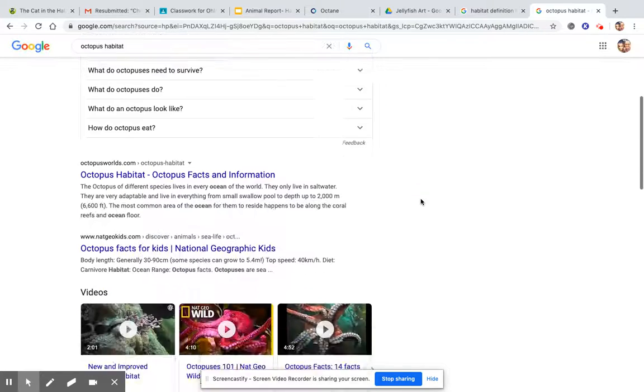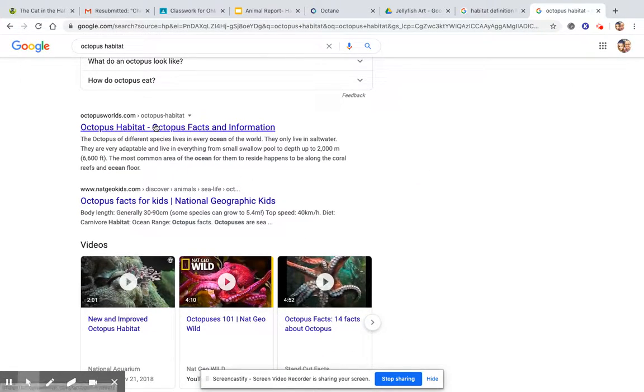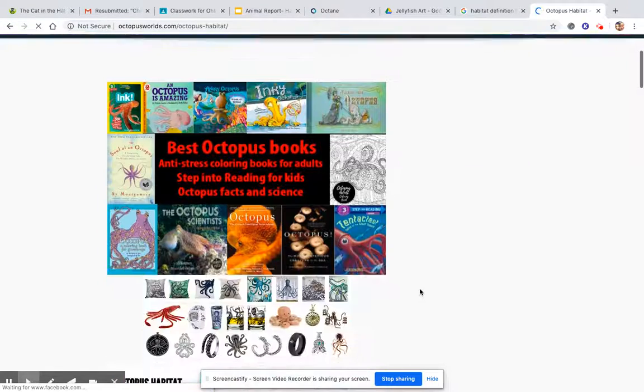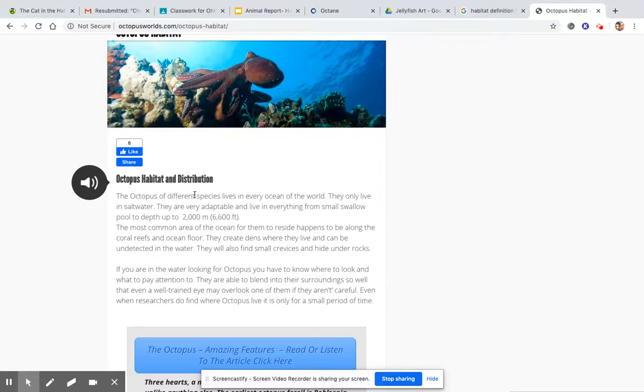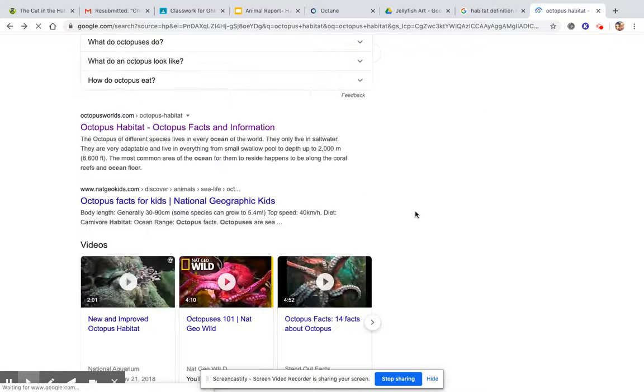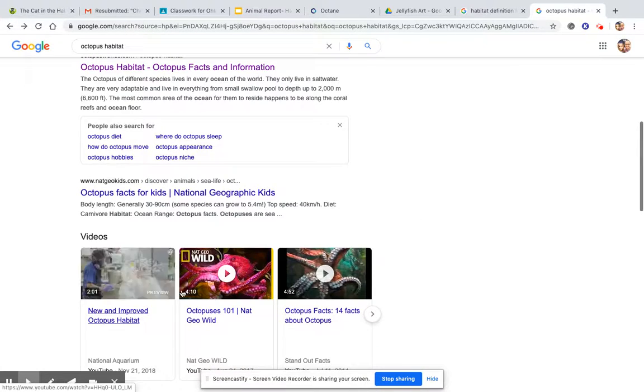Now you can also scroll down and click on either the things that you want to read. So, for example, I could click on this one. It will take me to a website all about octopus facts and information. And I could scroll down and read about my animal. And here it shows me that I'm going to read about their habitat. I can also click on some of the videos that show up